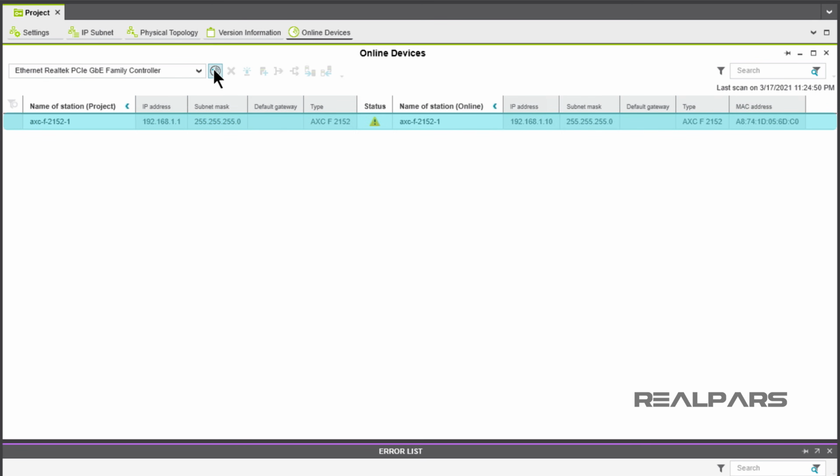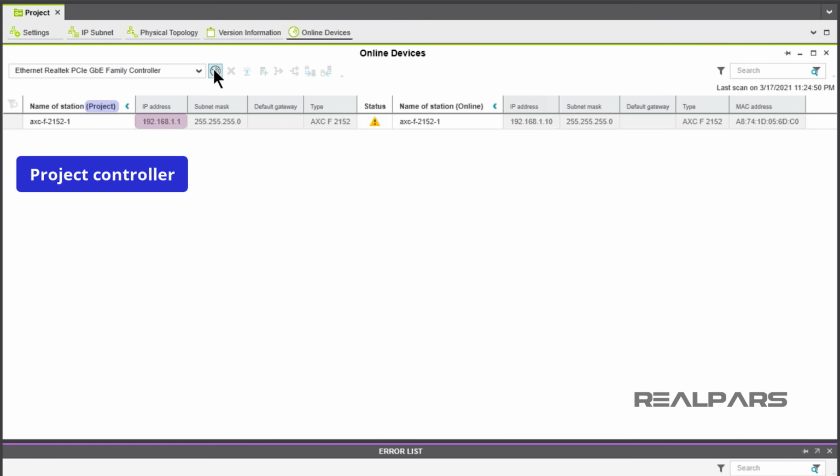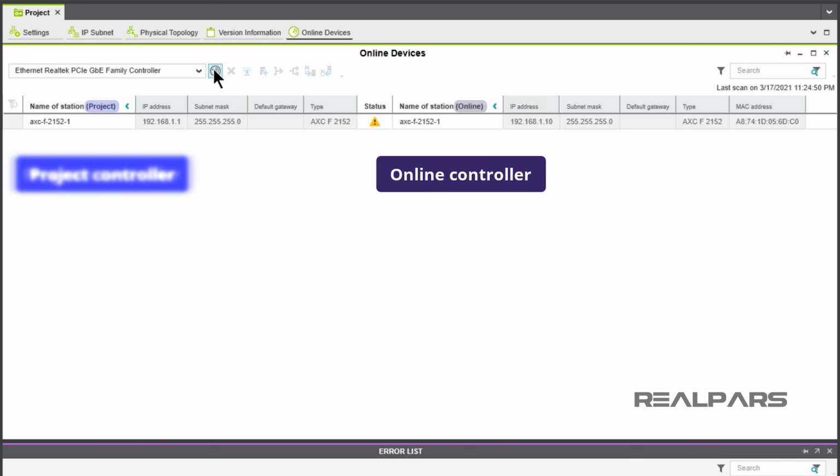What does this mean? It says that the project controller IP address is 192.168.1.1 and the online controller IP address is 192.168.1.10. The obvious questions are, what is the project controller and what is the online controller? Think of the project to be the program controller and the online to be the actual controller on the starter kit. The IP address for the project controller shown should be familiar to you because it's the start IP address